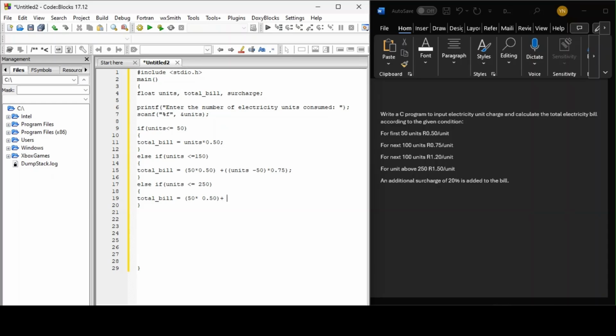Now, since the number of units you have entered is over 150, it's guaranteed now that you have 100 in here. You say 100 multiplied by, what did the condition say? Multiplied by 0.75. And now after this, you can say,